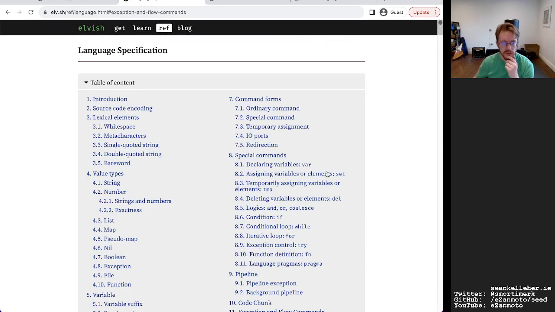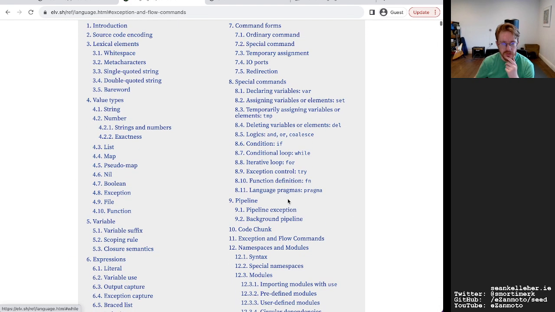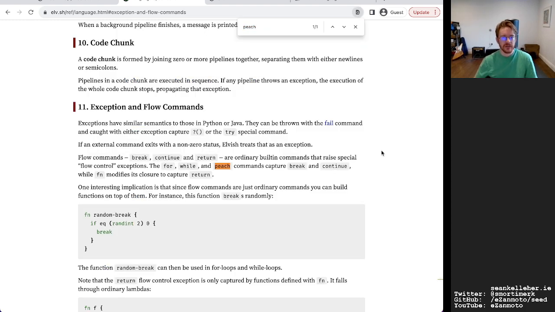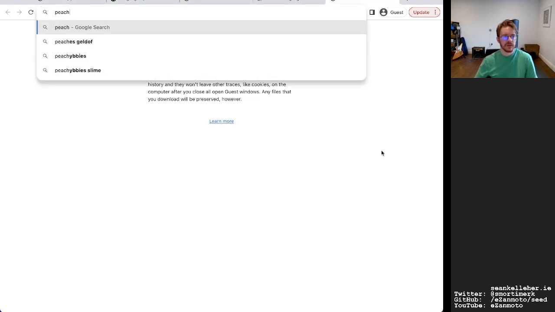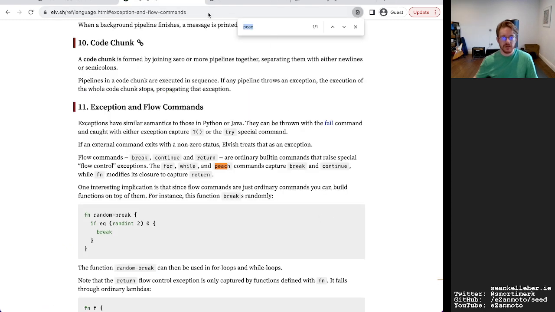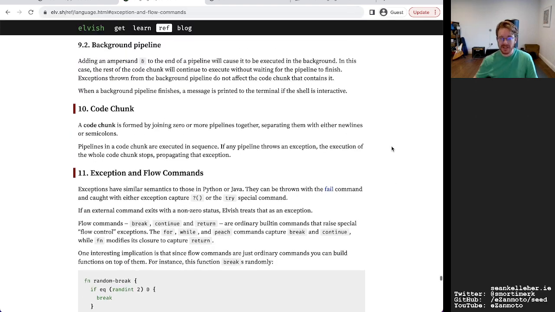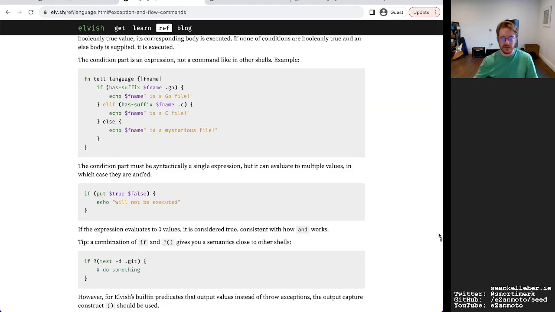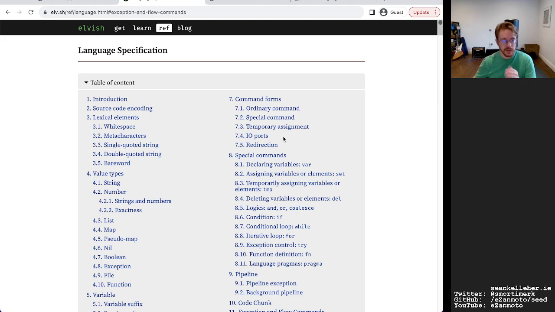I'd like to learn more about the exceptions though, and also peach. Let's take a look at that. Oh, and I saw reference to... No, that's the only reference to peach in the document. Is that a typo? Maybe each command? Yeah, I wonder if that's just a typo.